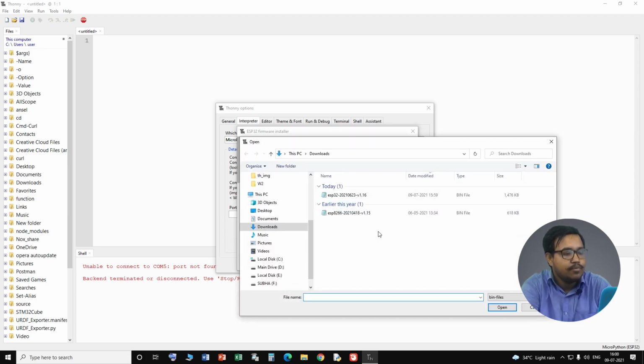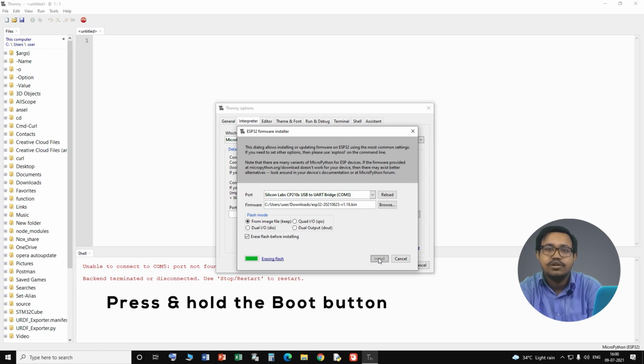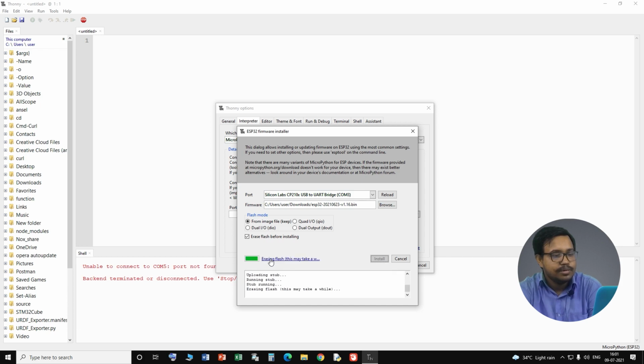Then select the firmware file which I previously downloaded, the binary file of the ESP32 MicroPython firmware. Check erase flash before installing. Then click on install. Remember, we have to press and hold the boot button on the ESP32. Click here to see the progress. It will take some time to install.